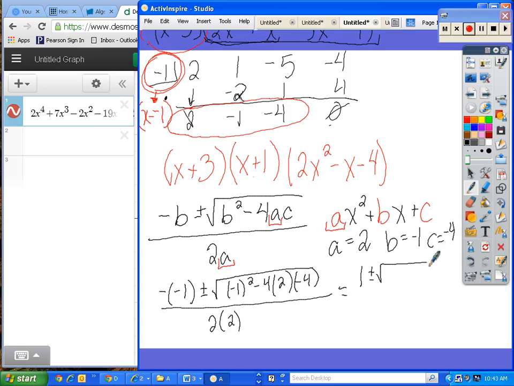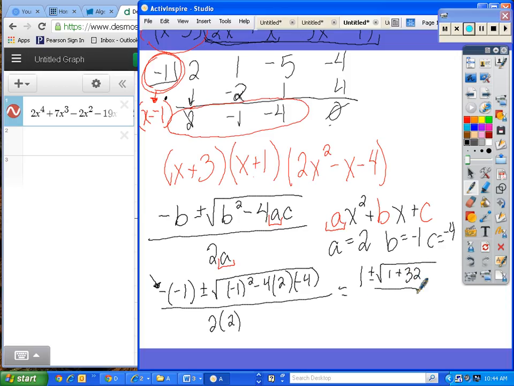It is very important that you actually write this step out. It makes your life much easier. It seems like it would be easy to do it in your head, but it's a bad idea. Write everything into the quadratic formula before you begin to reduce. Negative times a negative is a positive. This becomes 1. 4 times 2 is 8. So 8 times negative 4 is going to be positive 32